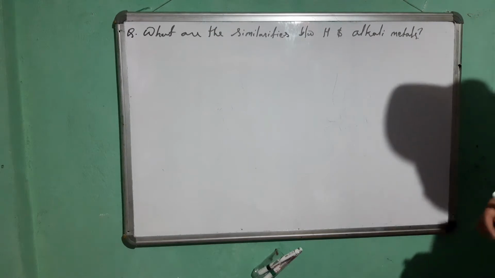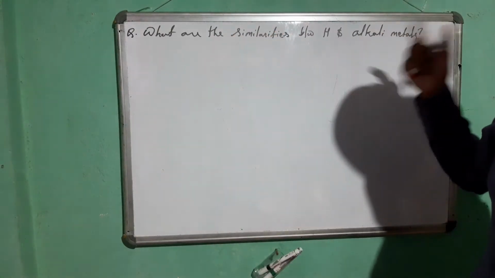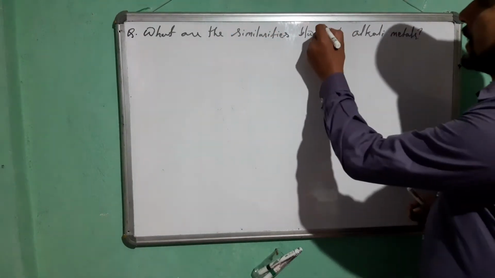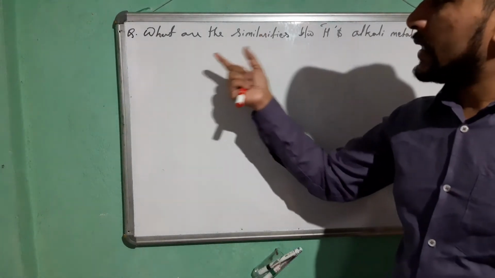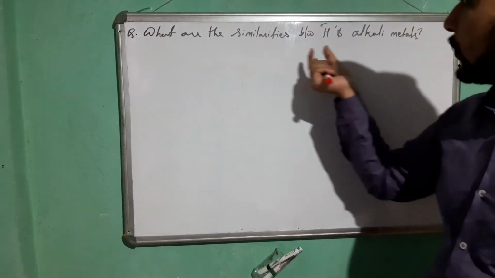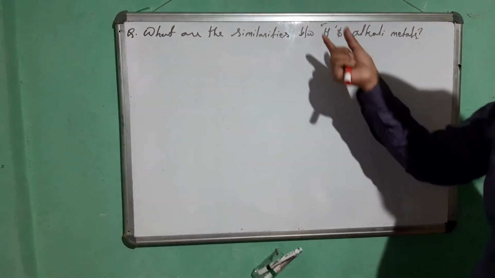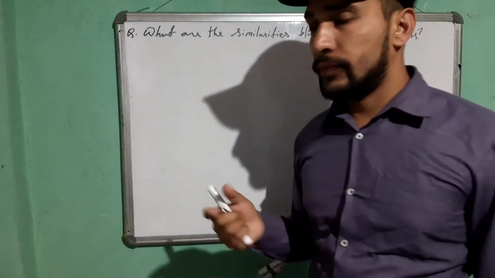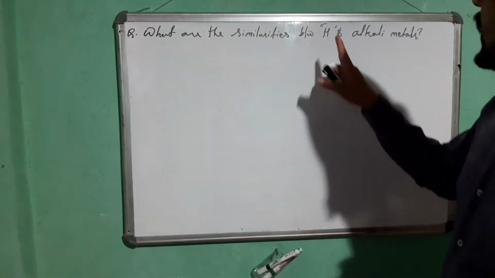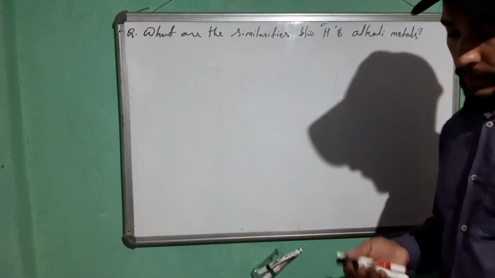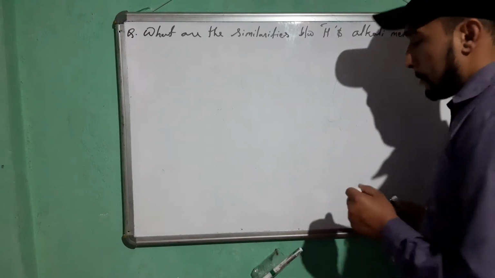Or what is the reason behind keeping hydrogen with alkali metals in group 1? So answer, write down. The similarities between hydrogen and alkali metals are: number 1,